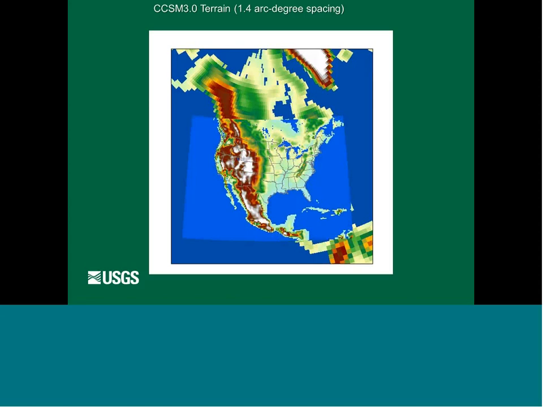Here is our larger model domain run, the 36-kilometer domain run. You can really see a lot more detail, and you have a lot more confidence that you're going to show regional variability within the climate model when you show these terrain features. So that's our large model extent.